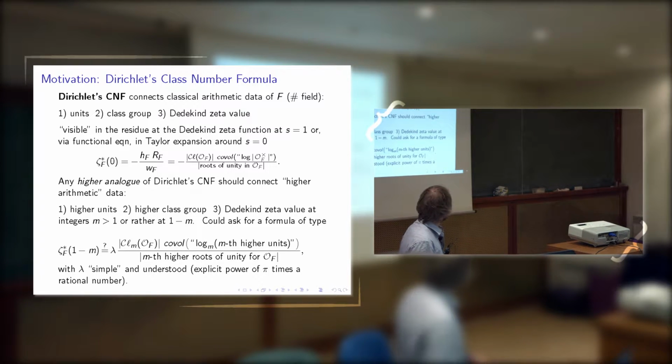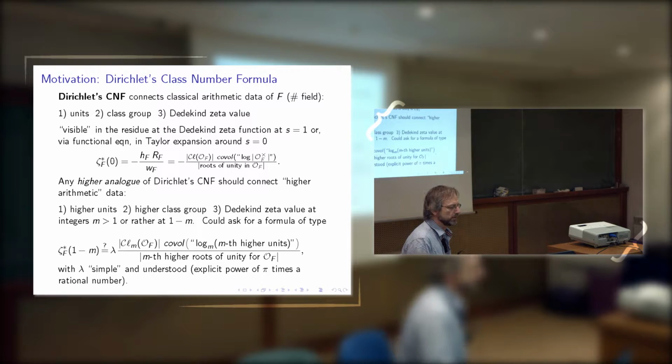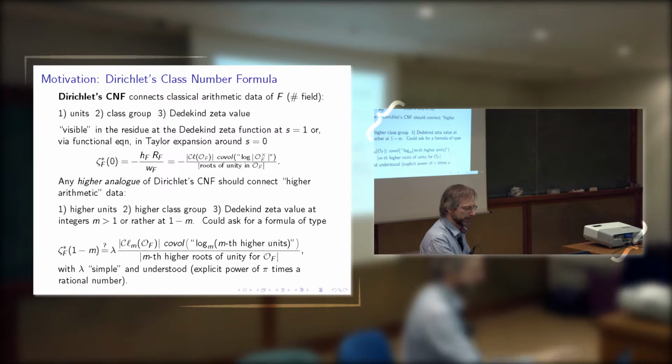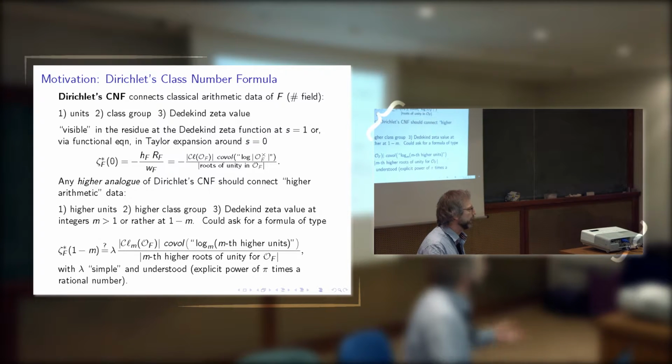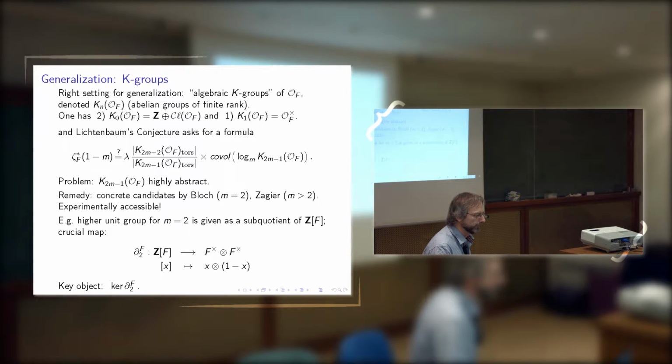And then you see that there is an extra lambda, because you never can be sure, or you couldn't expect that to hold on the nose. So there will be some fudge factor or a missing factor, call it lambda for this talk. Typically it's an explicit power of pi times a rational number, but that's something for the books later on.